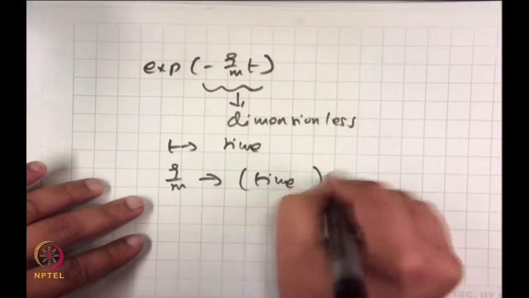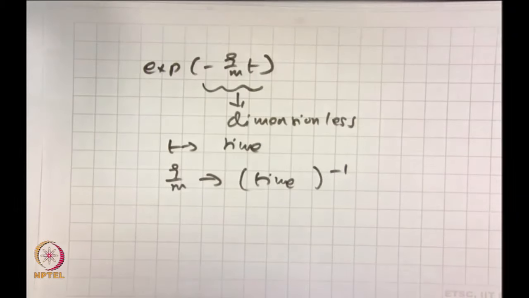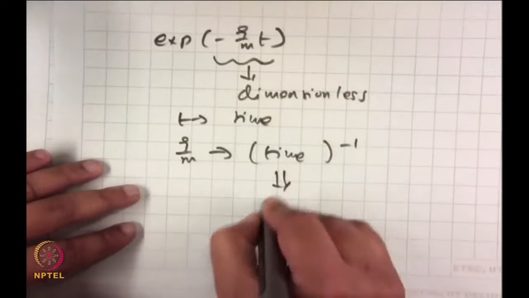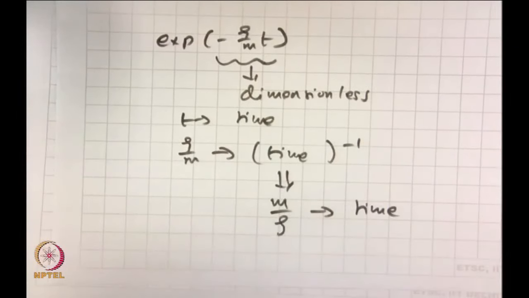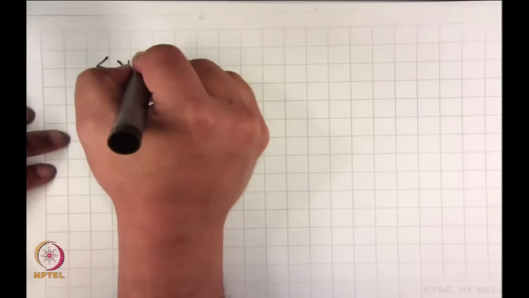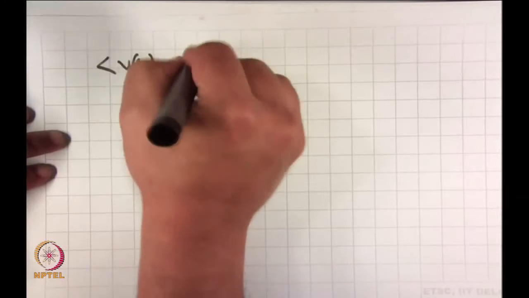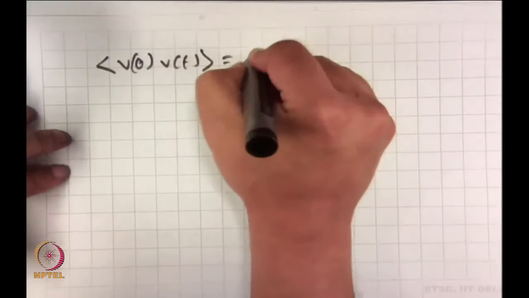Time inverse. If xi by m is time inverse, then from here what can I write? M by xi is time, isn't it? M by xi is time, because there is the inverse of time inverse. So, essentially see now, then the equation becomes, I can write v 0 v of t is equal to